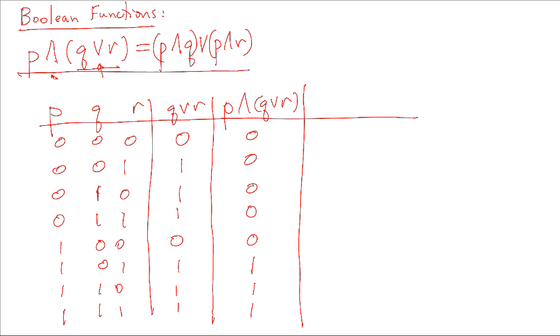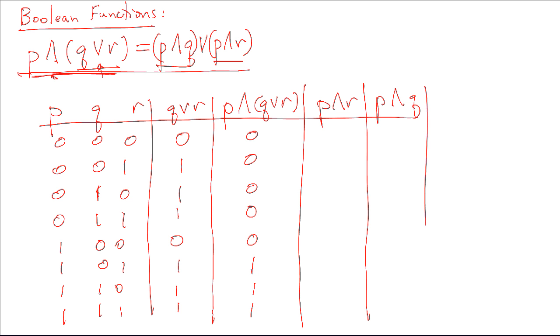Now I'm going to evaluate the right-hand side. So this is the left-hand side. To evaluate the right-hand side, I'm going to do it in 3 steps. I'm going to do first P and R. Then I'm going to do P and Q. I guess I could have done P and Q first because it was on the left, but it doesn't matter. And then I'm going to do (P and Q) or